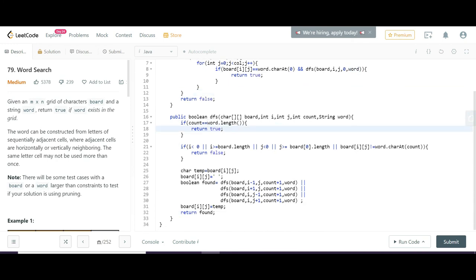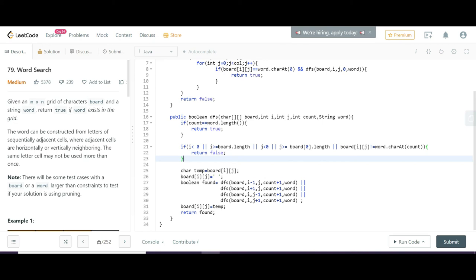After going there, we check whether the word length matches the count, and then we will stop. But initially that is not the case. The count is only 0, we are just starting. Then inside the method, one check condition is there. Suppose this cell is in the corner or on the boundary.